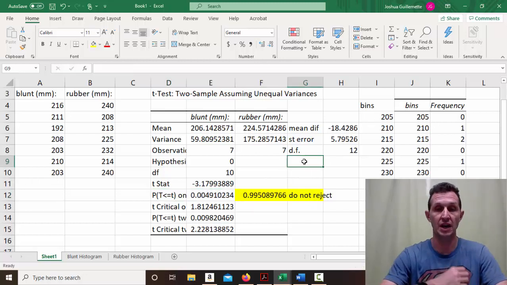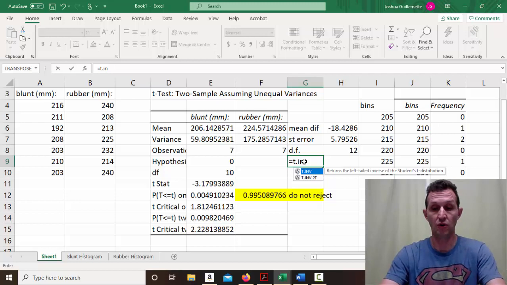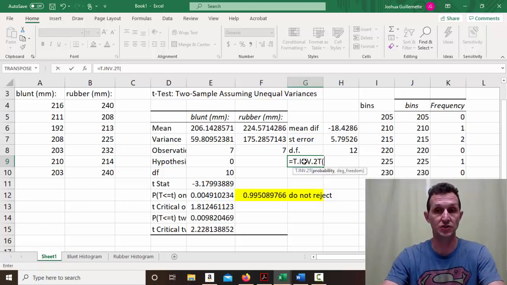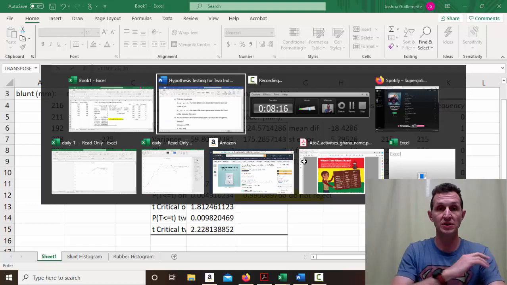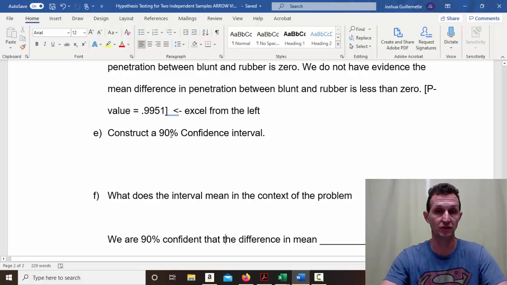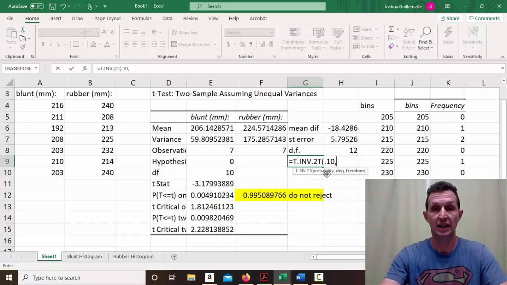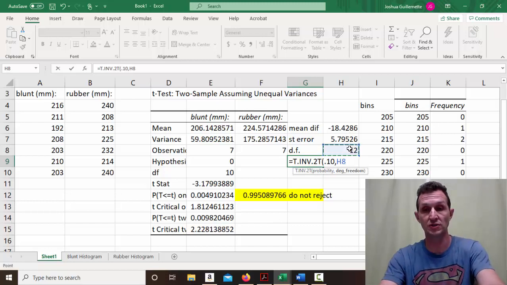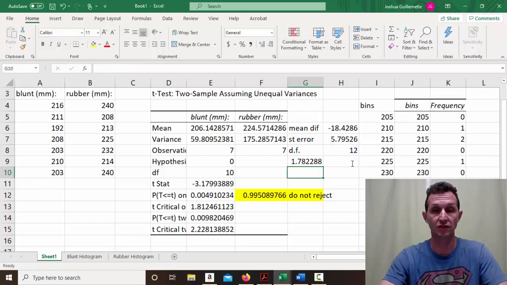Now, the easiest way to calculate the confidence interval is that what you need is the t inverse for 2 tails. And you got to have the 2 tails here. Now, the probability is going to be 0.10, it's going to be 10%, and the reason for that is because we are looking at a 90% confidence interval. So with the 90% confidence interval, your alpha is 10%. The degree of freedom we are going to use is 12. That is really important. And again, that's a conservative value.